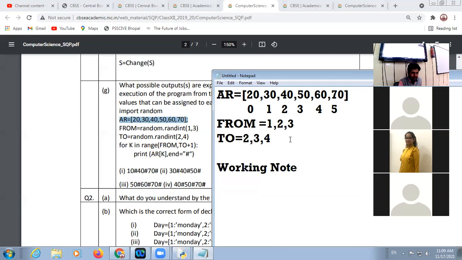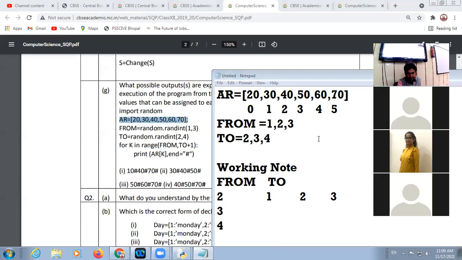Value of from may be 2, 3 or 4, and value of 2, आपके पास 1 भी हो सकती है, 2 भी हो सकती है, 3 भी हो सकती है.